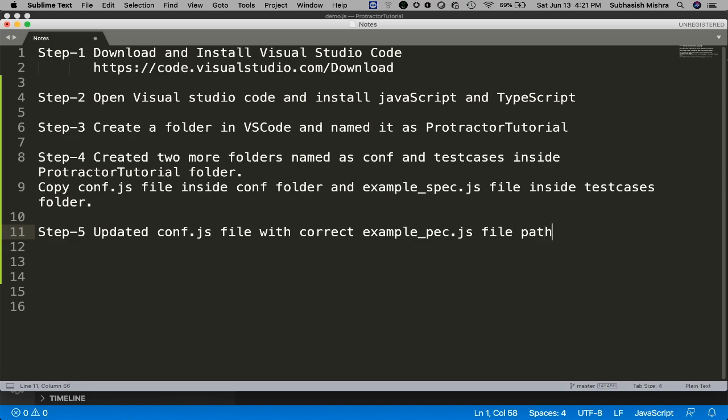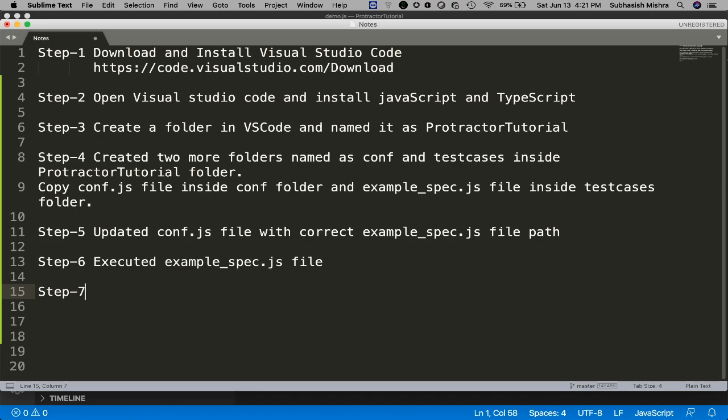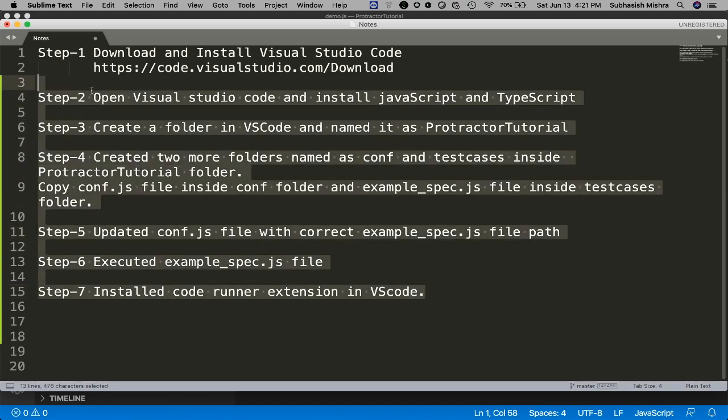In step 6 we have executed the example_spec.js file. In our step 7, we have installed the Code Runner extension in VS Code. So that's what we have studied in this tutorial.